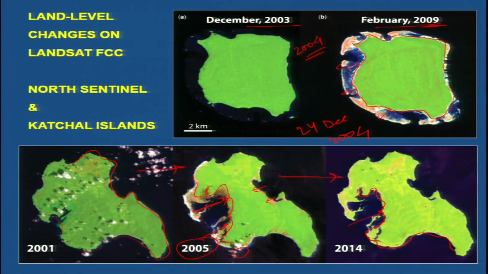Okay. Now the GPS reading also shows that there is an increase in the elevation vector, and that means the island is again gaining land, okay, gaining its lost area.